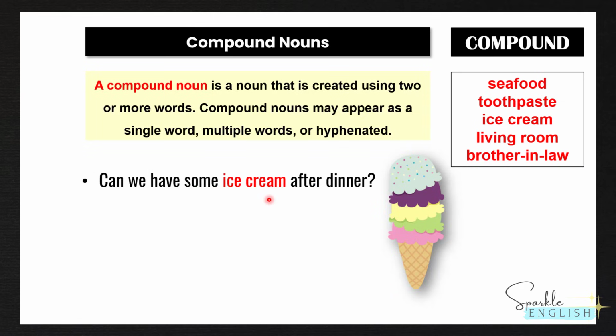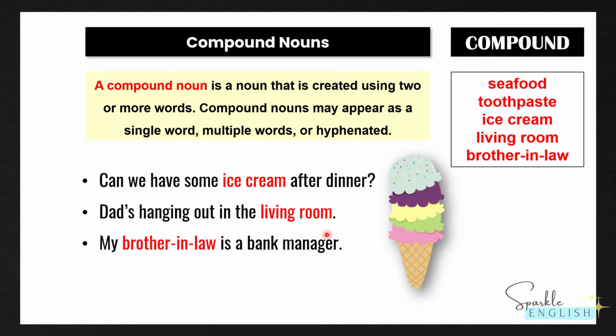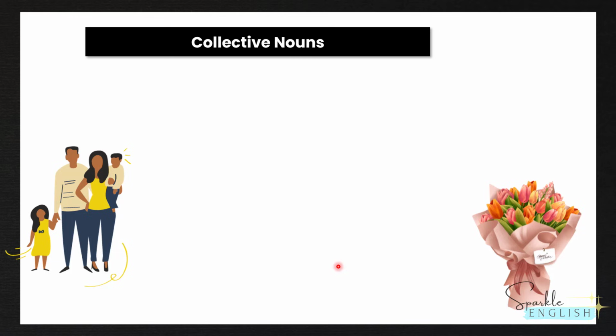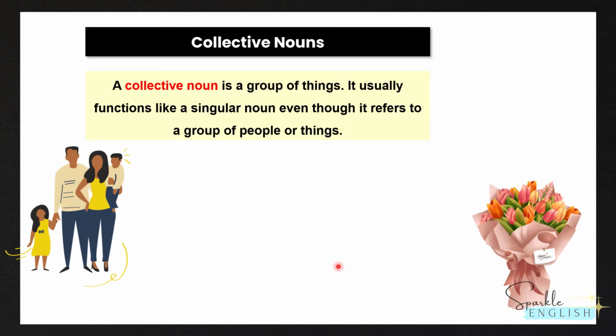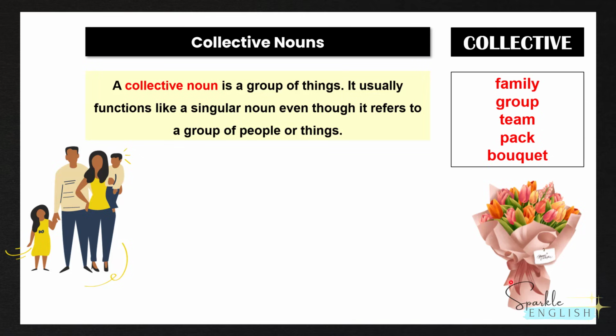Can we have some ice cream after dinner? Dad's hanging out in the living room. My brother-in-law is a bank manager. And finally, we have collective nouns. A collective noun is a group of things. It usually functions like a singular noun, even though it refers to a group of people or things. For example, family, group, team,